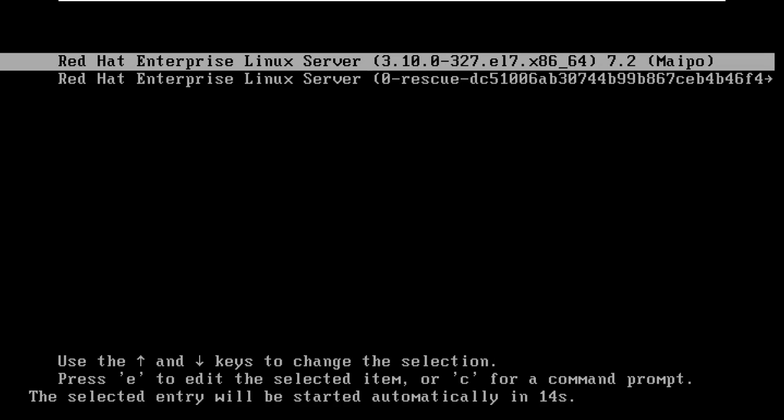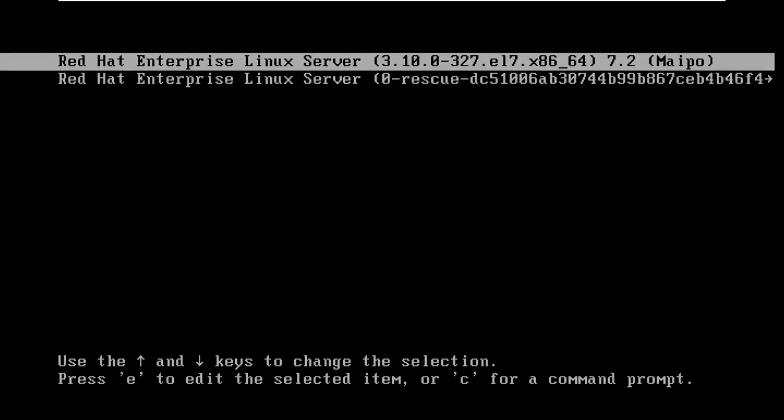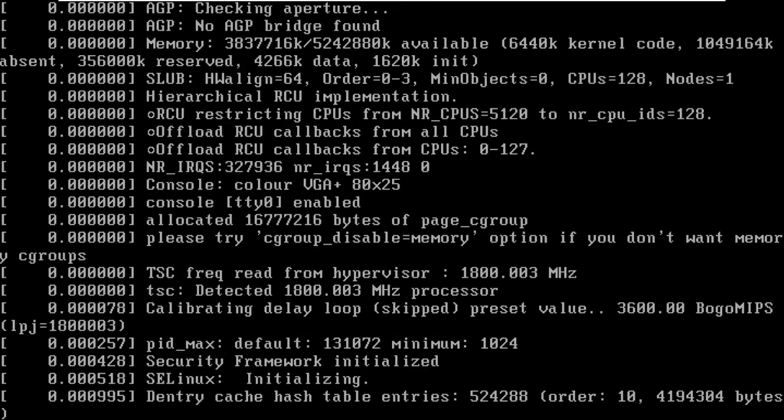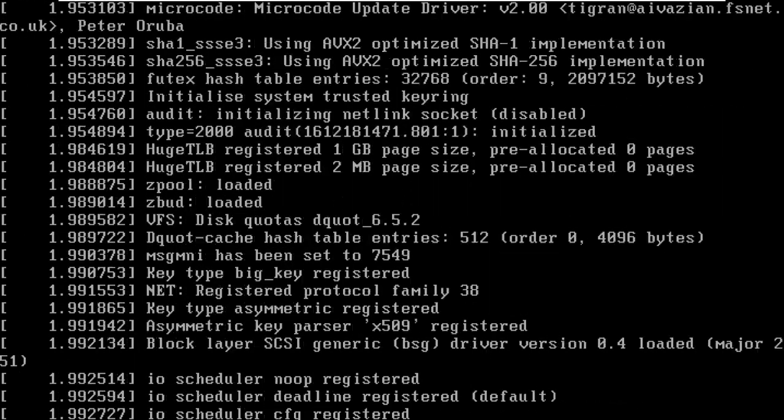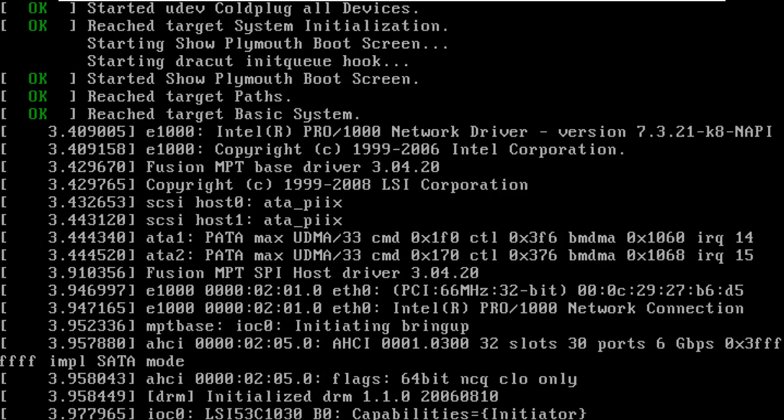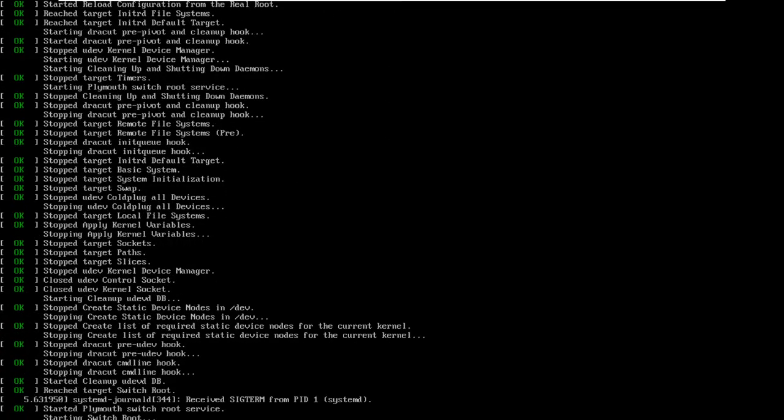Now you see here it is waiting for 15 seconds. Previously it was waiting for only 5 seconds. Now I will start this and you will see it will show you everything which is loading, because I have removed RHGB quiet.